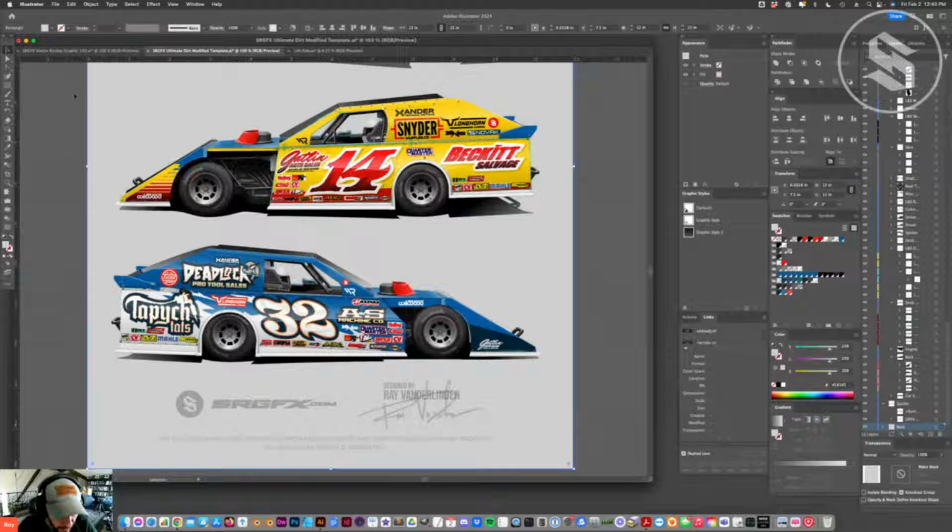So I'm going to go back and modify the graphic a little bit more to get a little bit more attitude. And your attitude, those extra details, they don't always